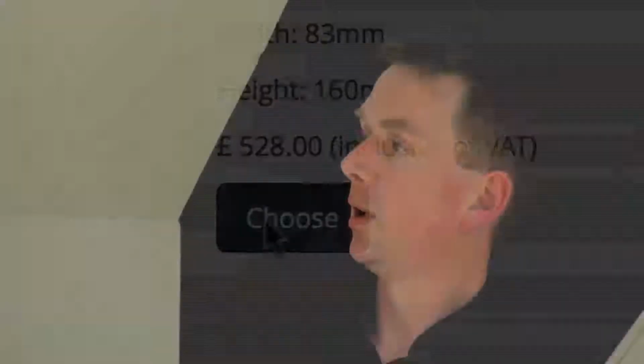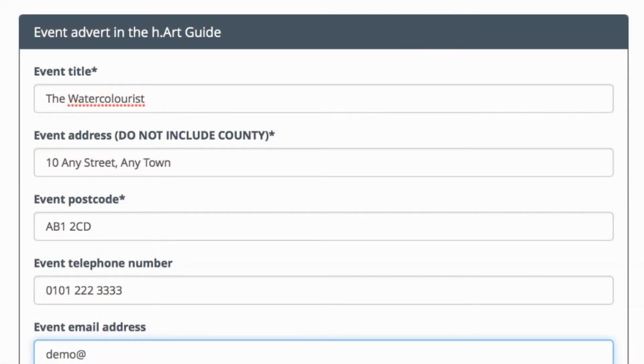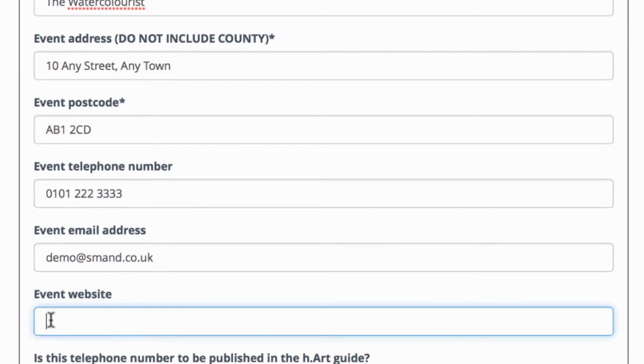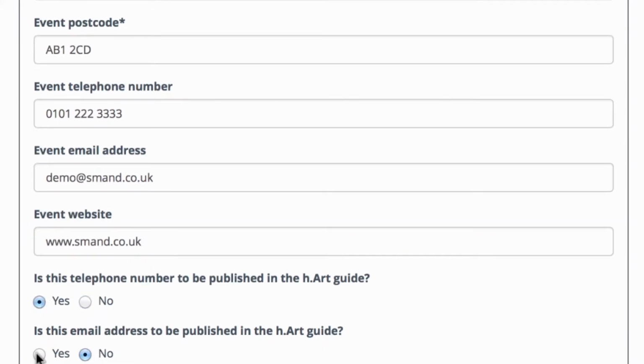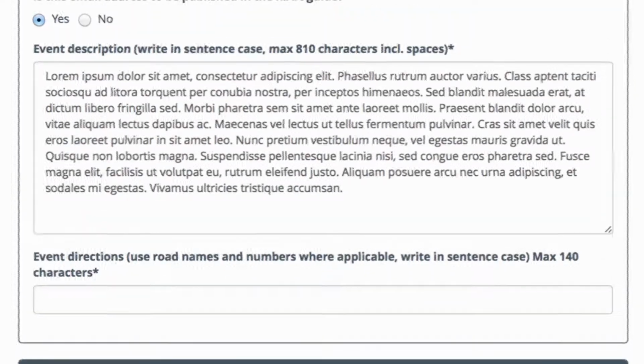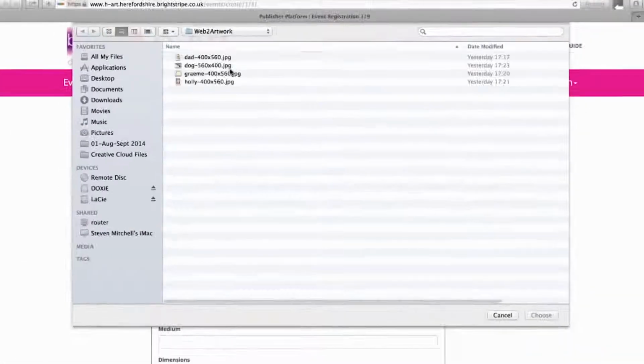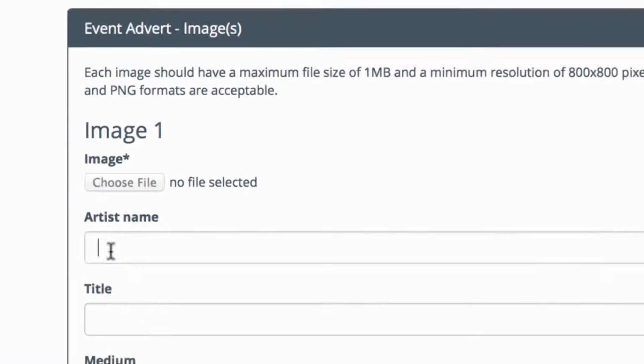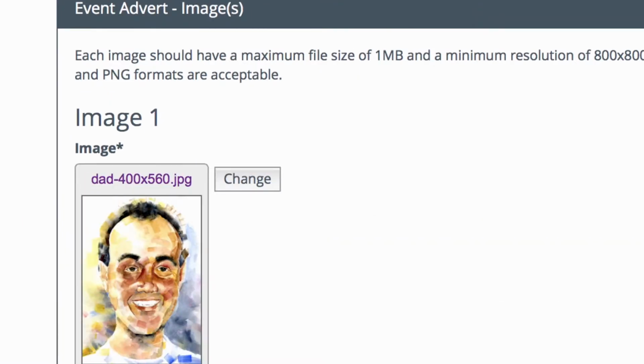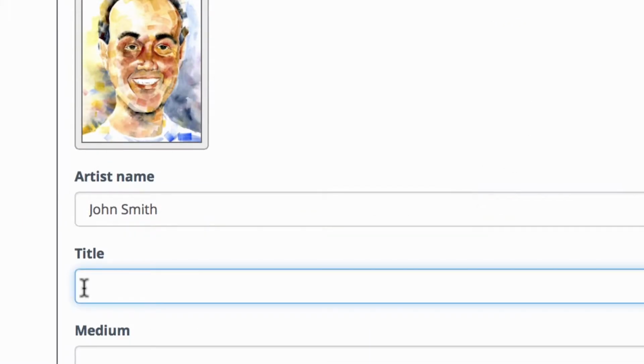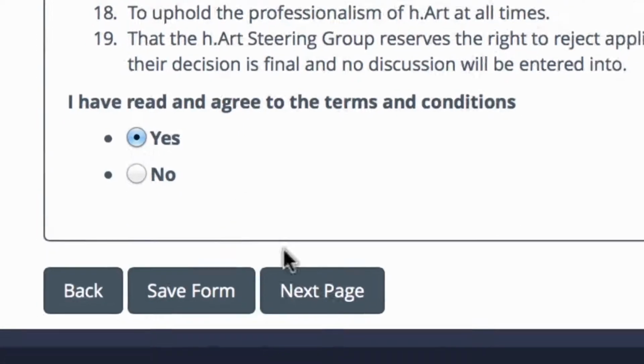advert. And then the artist completes all the information. So the title of the event, the description, and character limits prevent the artist from putting in too much information, because people like to put in 1,000 words when only 200 are necessary. And then the system only allows recognized file formats like TIFF and JPEG. So they're uploaded by the artist, and then the artist can save the form and come back to it